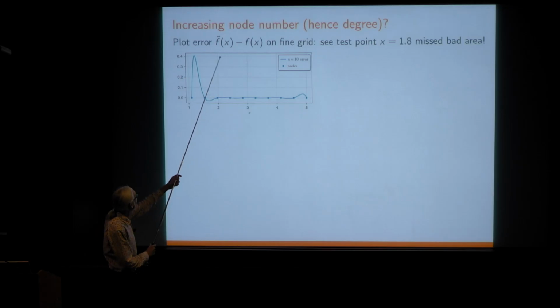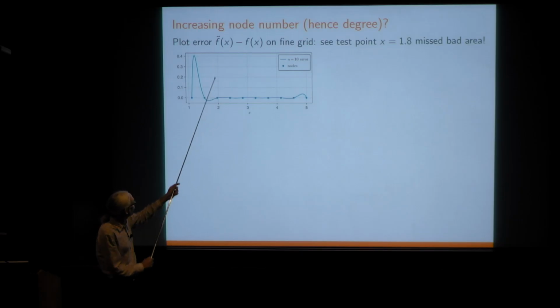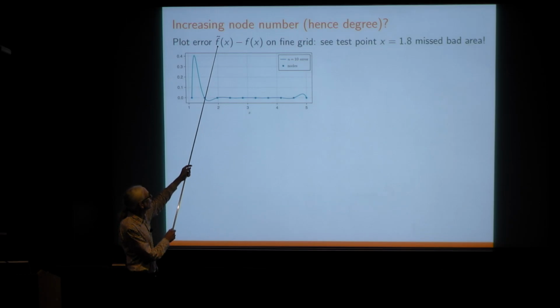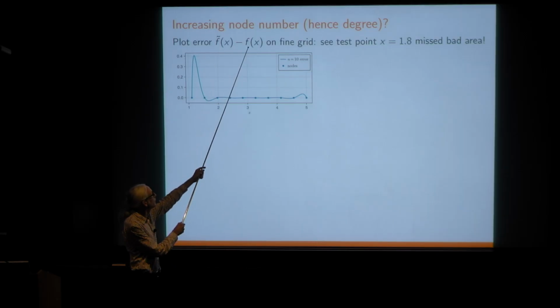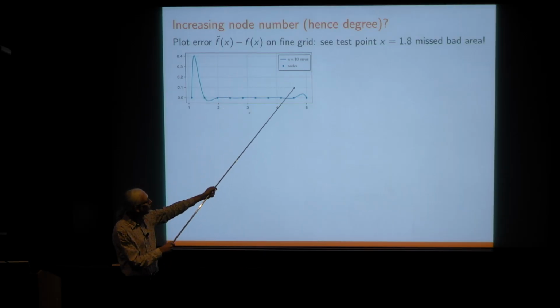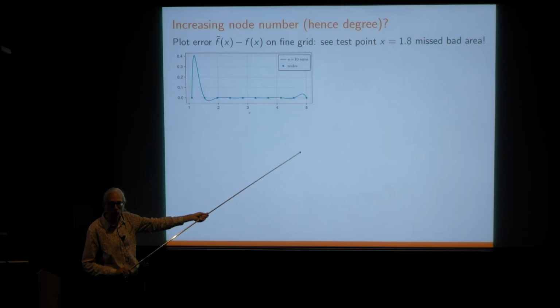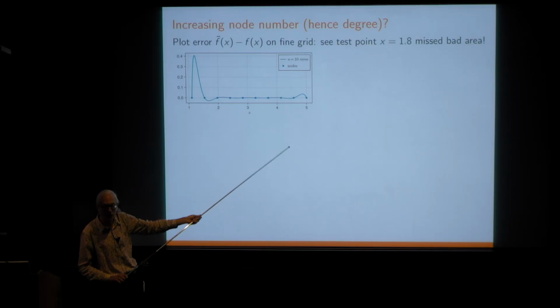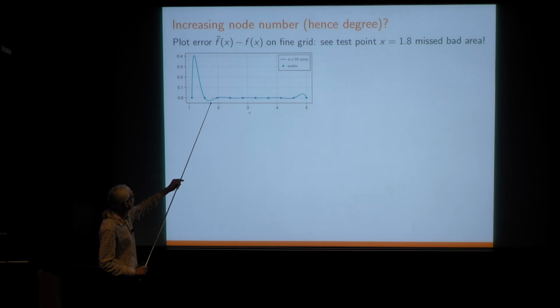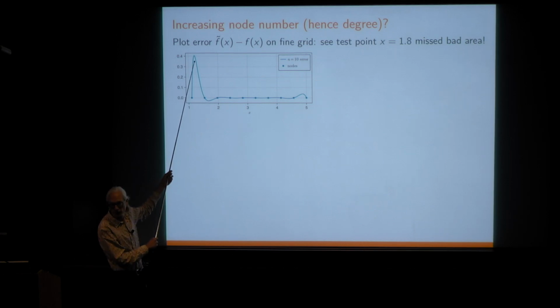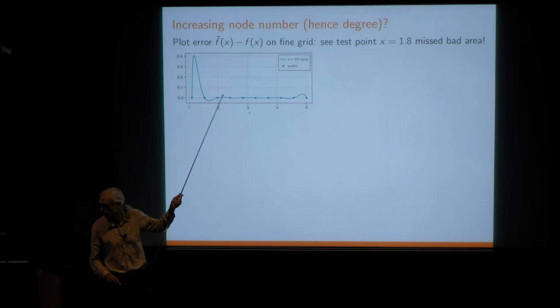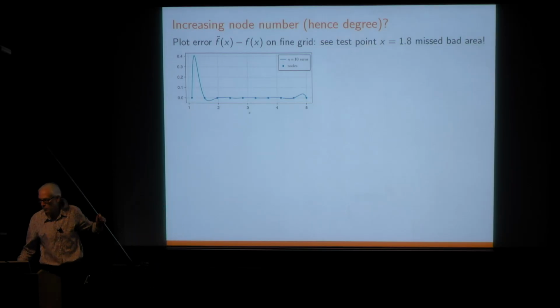And so what we're doing now, by the way, is first just going to plot what the difference between your approximant and the true function is on a fine grid, to see whether picking an arbitrary test point was a good idea. Your arbitrary test point was here, and you can see actually the error is 10 times bigger over here. So that tells you that you can have very non-uniform error behavior. And so you should really do a uniform